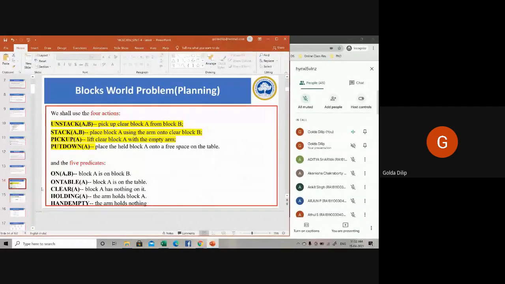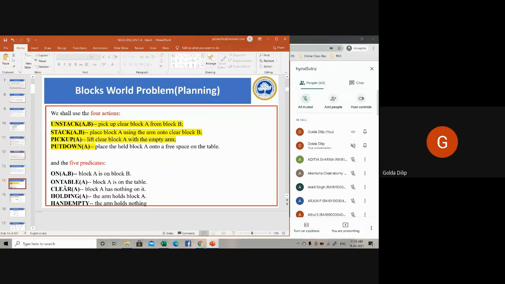Okay, then these are the 5 predicates. What are predicates? You can say functions. These predicates will model the basic relationships of the world we are considering. Predicates, you can say, are the STRIPS representation that we use to represent a particular state.